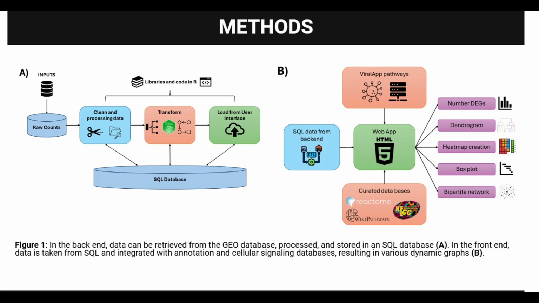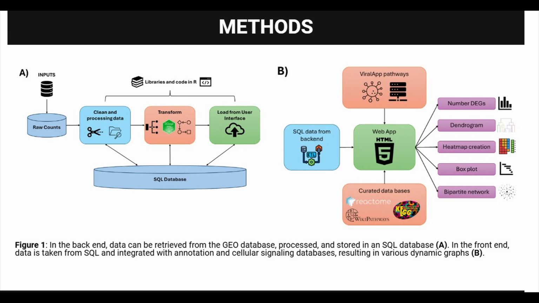The backend of Viral App currently integrates over 40 transcriptome profiles of human primary cells infected with various viruses. This data is directly downloaded from the Gene Expression Omnibus and processed within the app. The backend data feeds into the frontend, which features an intuitive interface. Viral App incorporates biological pathways to generate different analysis graphics, such as differentially expressed genes, dendrograms, heat maps, box plots,